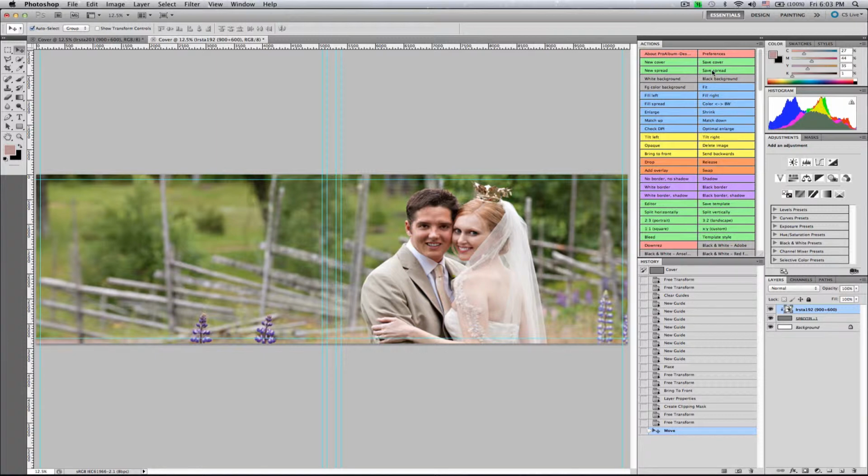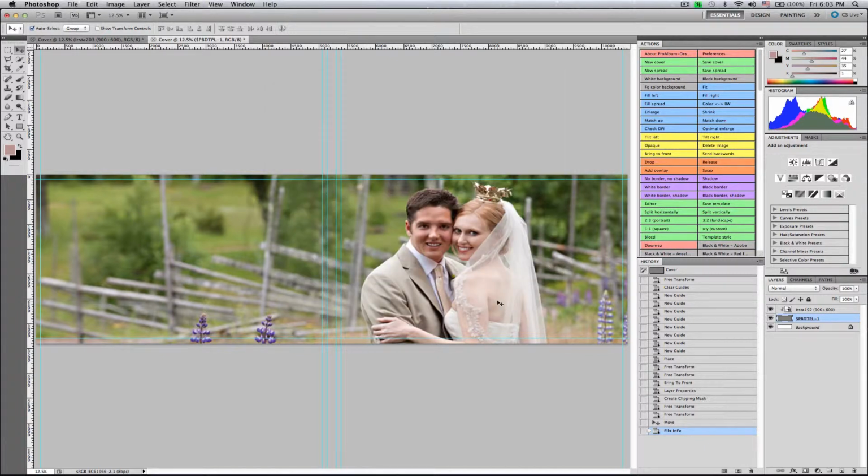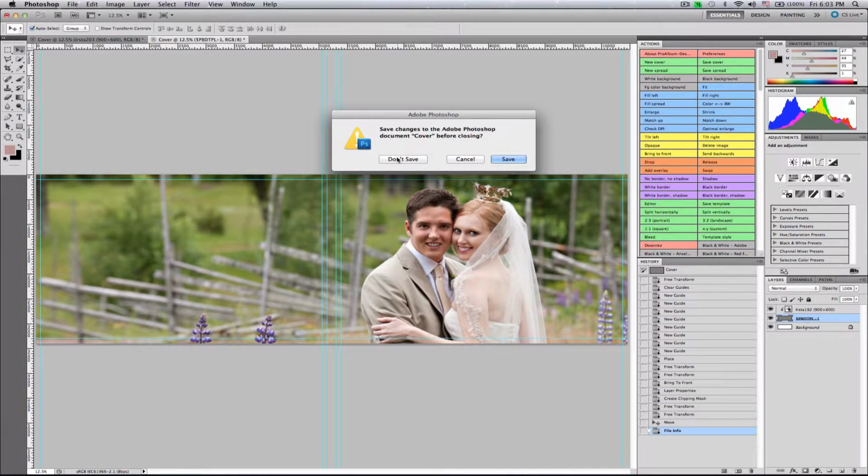So when I press now save cover, two files will be saved, the Photoshop file and the JPEG file, just like spreads. Okay, so nothing complicated there. Let's close these two,